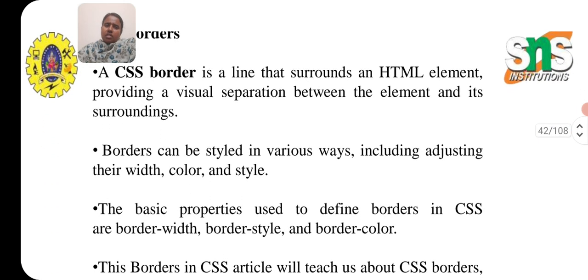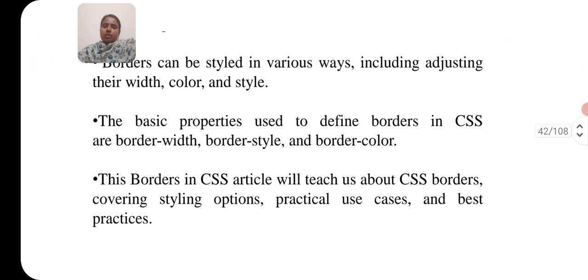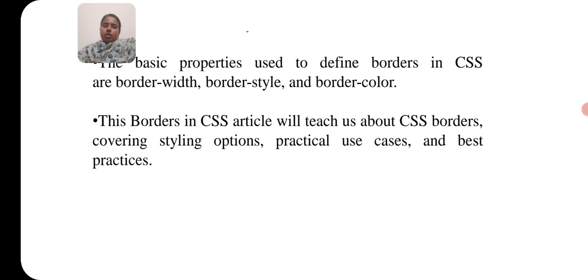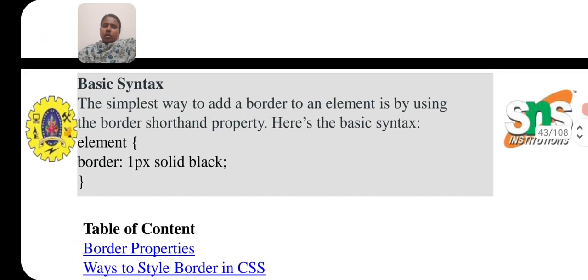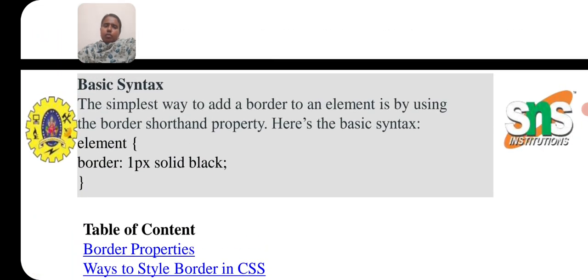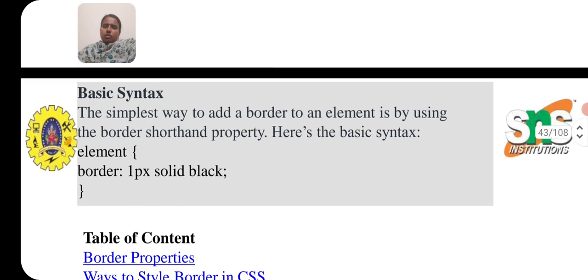CSS borders. A CSS border is the line that surrounds an HTML element, providing a visual separation between the element and its surroundings. Borders can be styled in various ways, including adjusting their width, color and style. Basic properties used to define borders in CSS are border-width, border-style and border-color. This article covers style options, practical use cases and best practices. Basic syntax: the simplest way to add a border to an element is by using the border shorthand property. Here is the basic syntax: element { border: 1px solid black; }